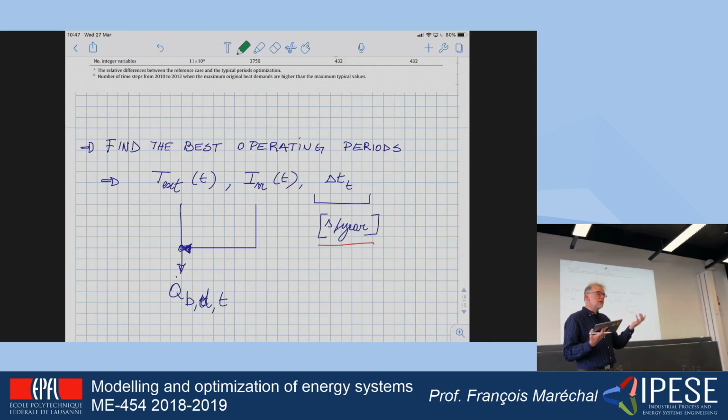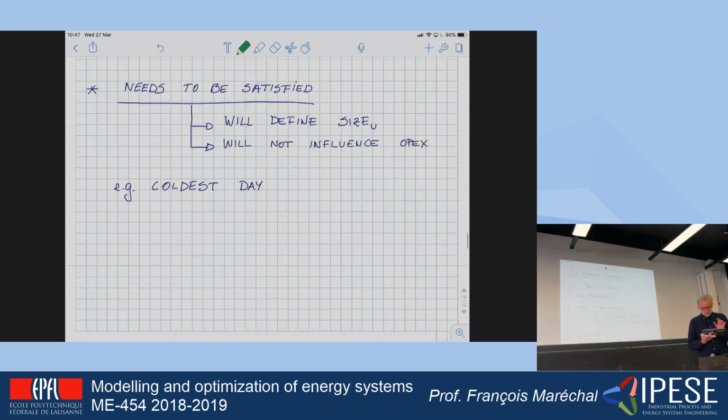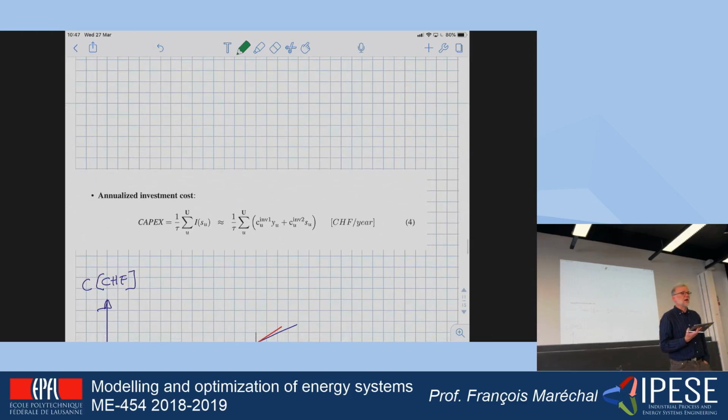which will allow me to minimize, for example, the operating cost. But in addition to this, I will have to consider that I have to buy the units. So it means that I have to make an investment, which means that at the same time I'm calculating the amount of the operating cost each year. I will also have to calculate how much I will have to reimburse for the investment that I have made. Okay, and for this we have seen that there were